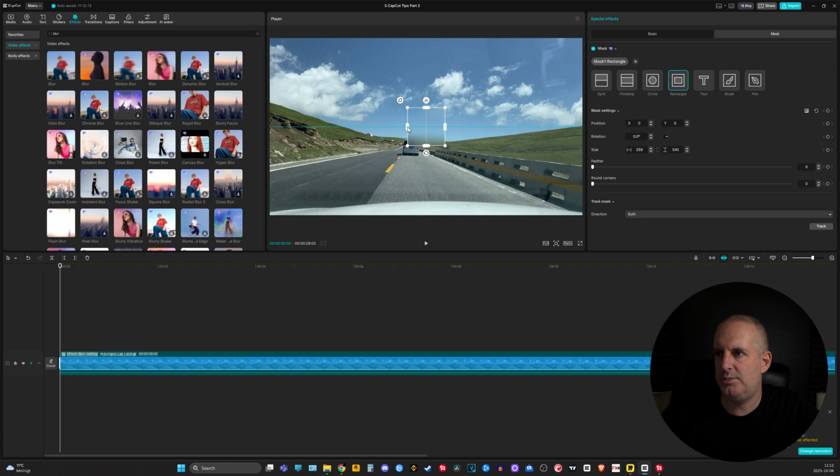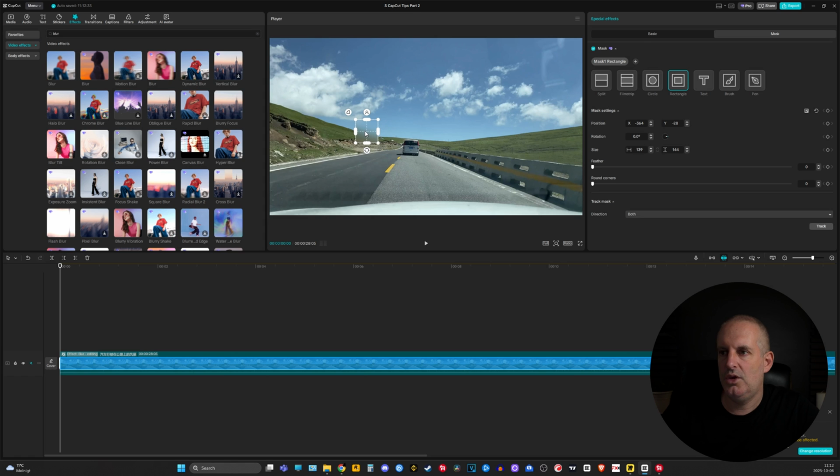Now we don't need it to be so big, so let's just adjust it down a little bit, so we don't mess our footage up too much. And there we go. And there's the house, okay? So we'll make it smaller for now, a little bit, so we don't blur everything else out. And we'll just place it with our playhead at the beginning of the clip and where we want our blur